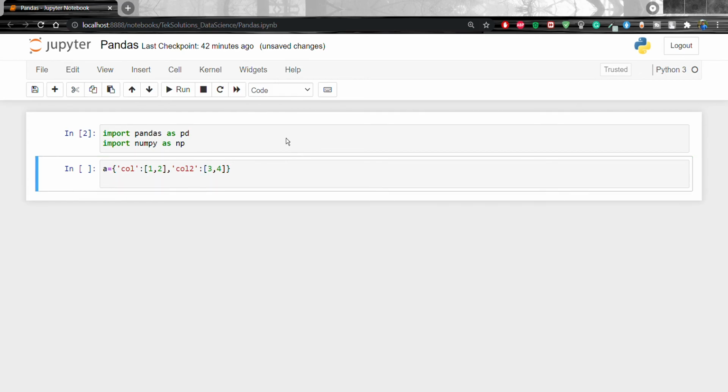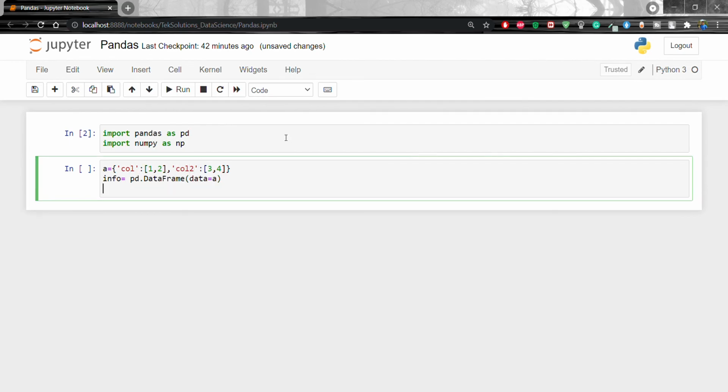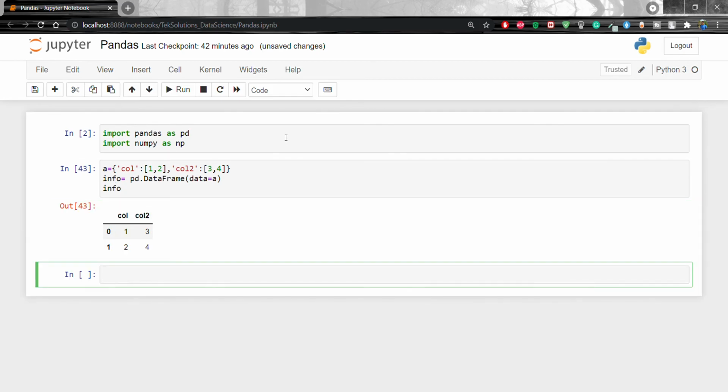Now info equals pd.DataFrame, and I am going to pass data equals data. So what will happen? There will be two columns, column 1 and column 2, with values 1, 2 and 3, 4. Let's first print info. We have two columns, column 1 and column 2, and the values are 1, 2, 3, 4.